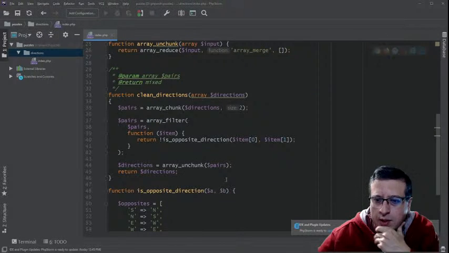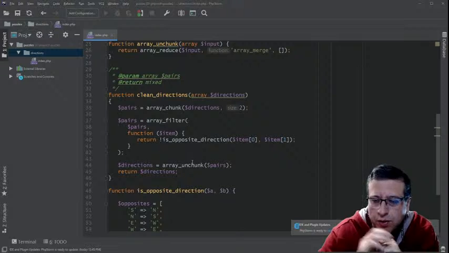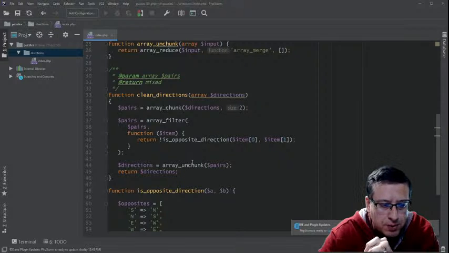I like how in one pass we can clean a bunch of directions potentially if they're paired, if array chunk pairs them together. And having array chunk and array filter do that inside, I think means most of those comparisons and iterations get done by PHP core,